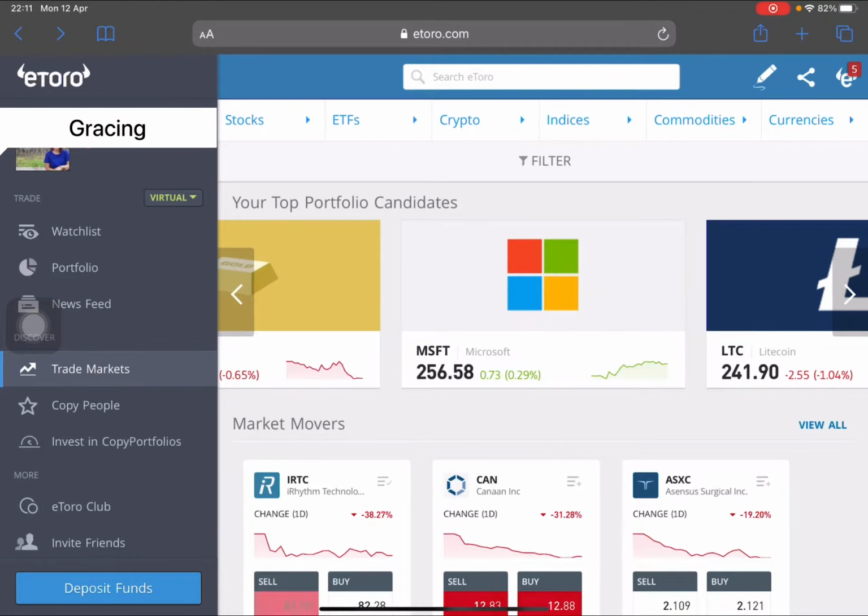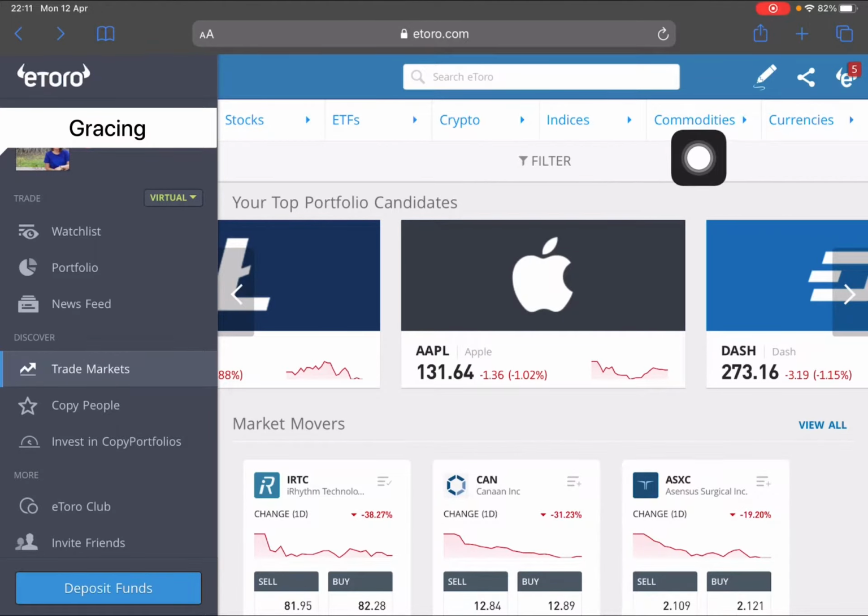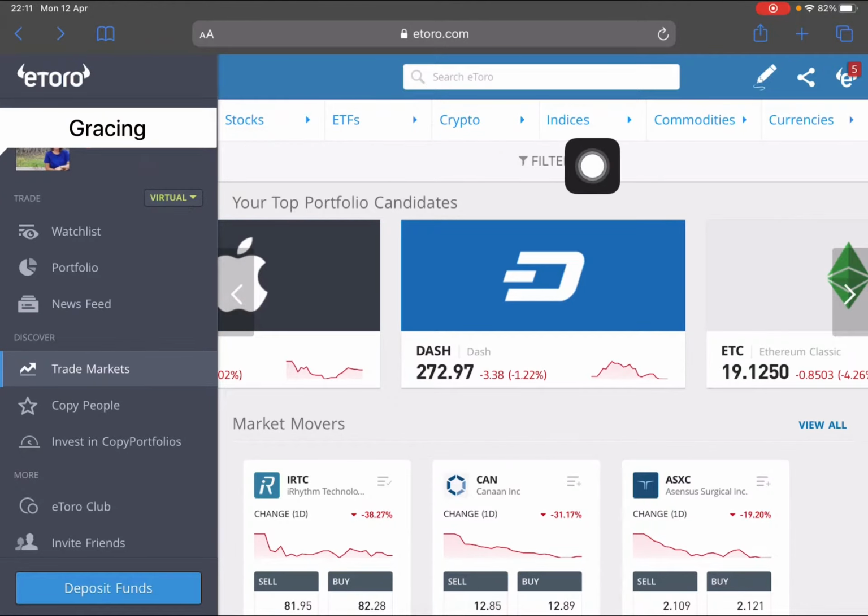Later I will show it to you, but first let me tell you about this platform. So eToro, it's kind of a one-stop shop. Everything is here. All of the asset classes are here. If you will notice here, stocks, ETFs, coins, index, commodities, and Forex, everything is here. Later I will show you how to buy all of these asset classes, and we will trade using leverage. All right, so let's start first